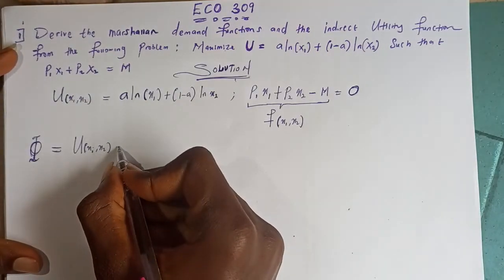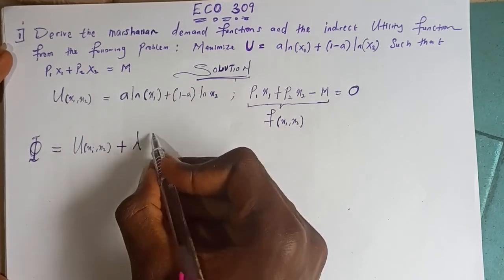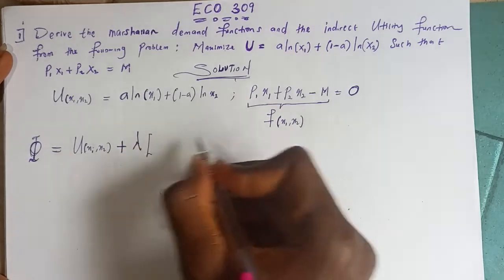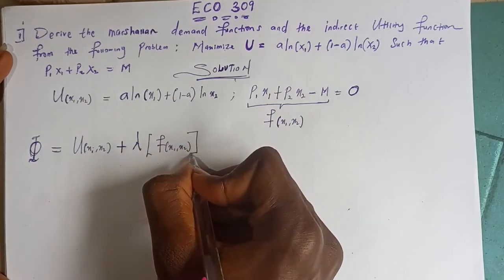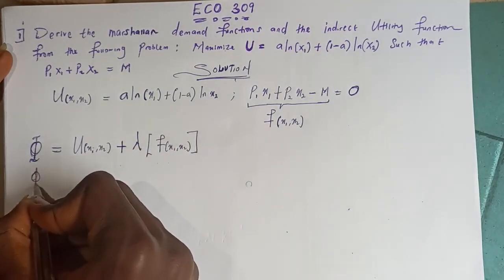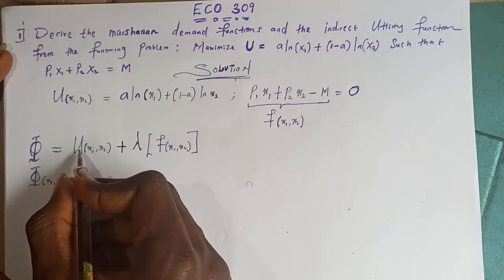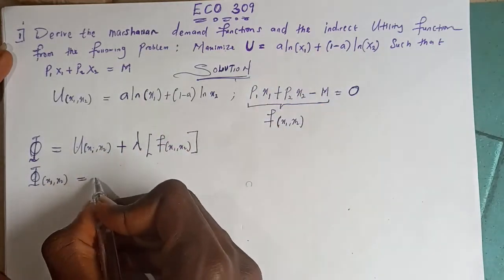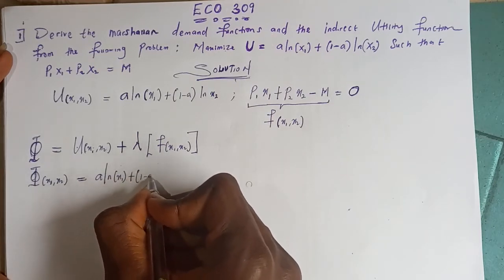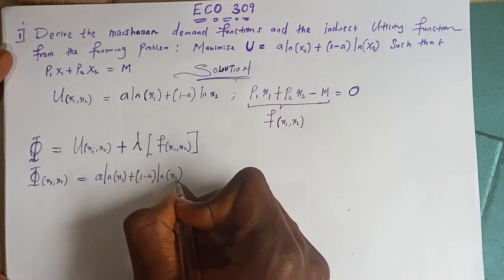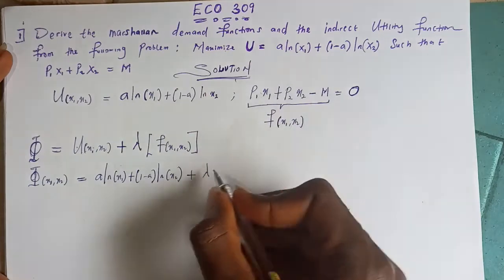Then we have plus a fresh parameter which is called lambda, then multiplied by the function we have over there, which is in terms of x1 and x2. So this simply implies that we have phi of x1 comma x2 is equal to the utility function given to us from the question, and that is a ln x1 plus 1 minus a ln of x2, then plus lambda of whatever I have here,